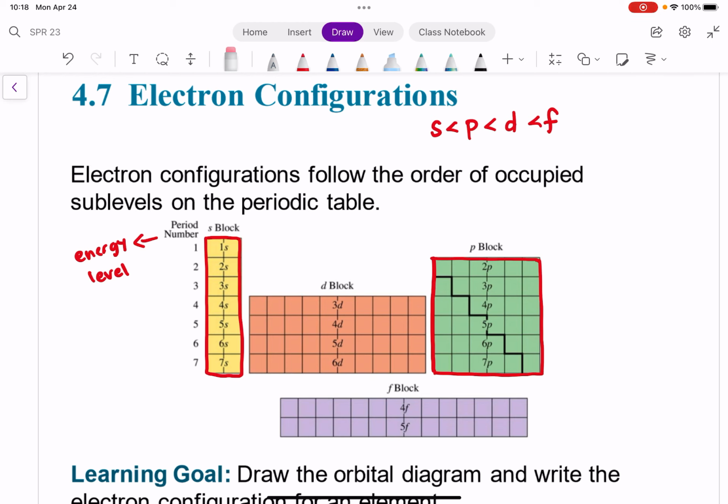All right, so we also have a D block, right? And that's showing our D orbitals, okay? And then our F block, which is our F orbitals. We're never really going to use the F block in this class. You will in future chemistry classes if you go on to take higher level chemistry. But we're typically going to stay in periods 3 and above, okay? All right, so